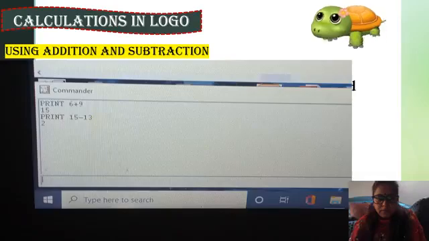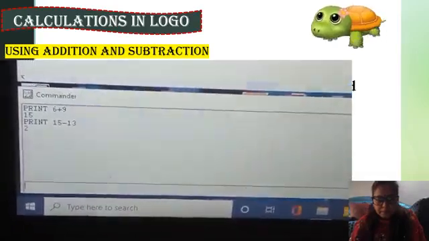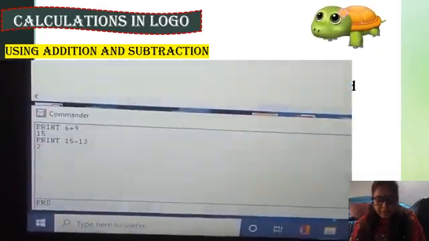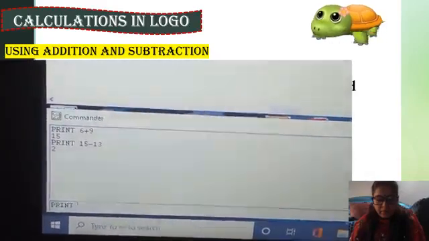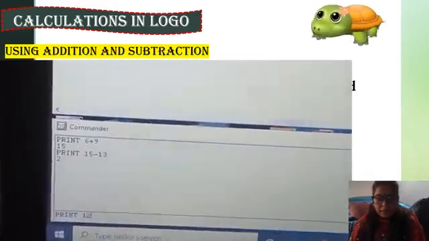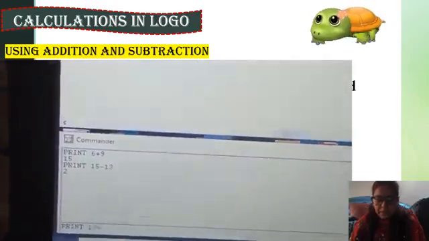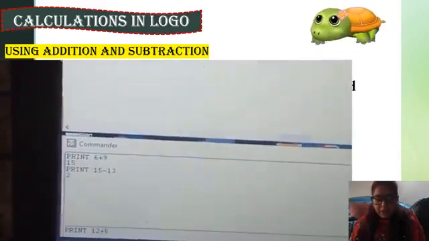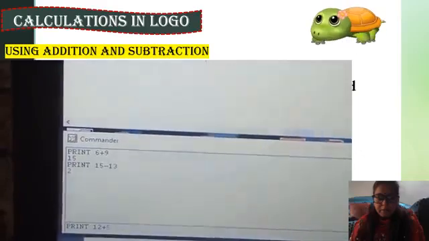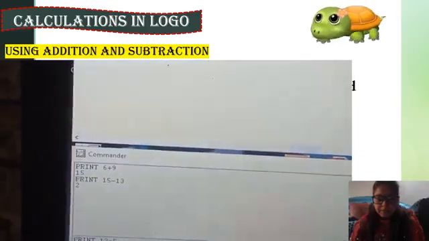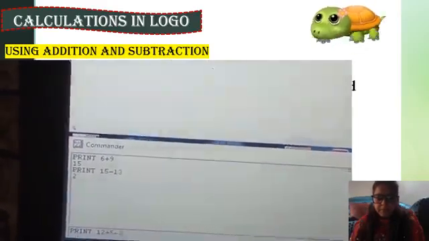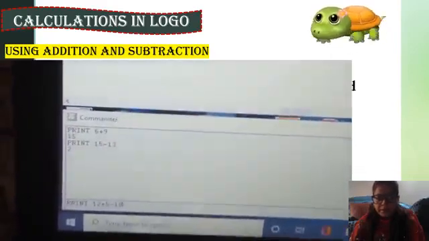Here you can type print, then take a number 12 plus 5 minus 10.